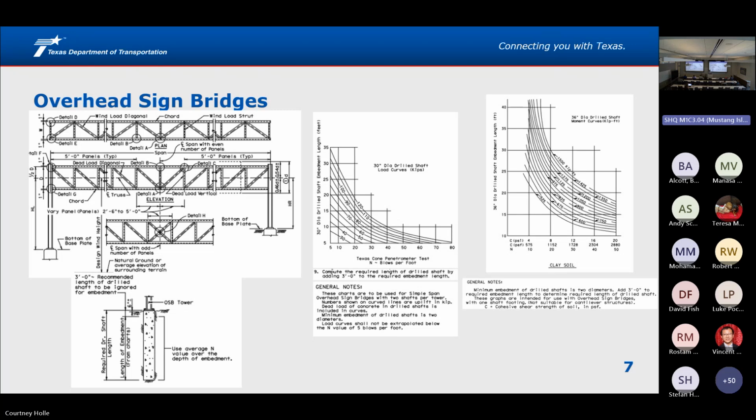And on the other chart, you're looking at the uplift loading. One of the things that's important here is, if you look closely in the general notes, you'll see that it has you add an additional 3 foot of the 3 foot that's exposed above it. Some of the standards include that, some of the standards don't. So you need to read the notes or the fine print there to make sure that you're adding the additional exposure that you need to.